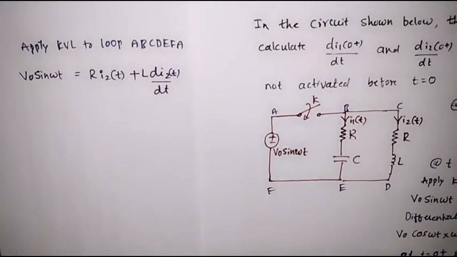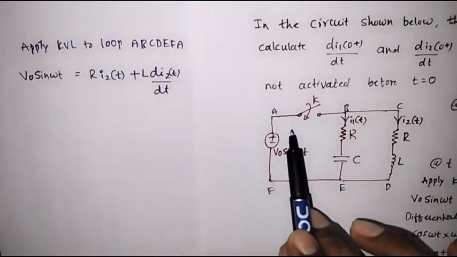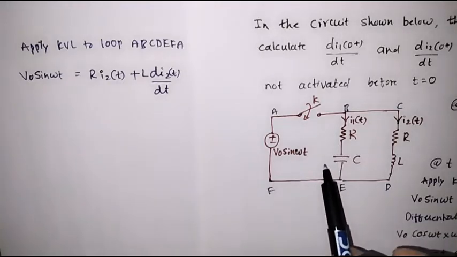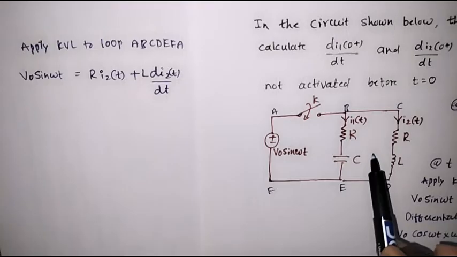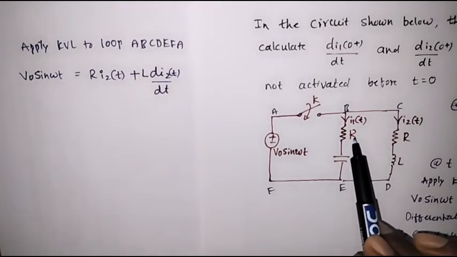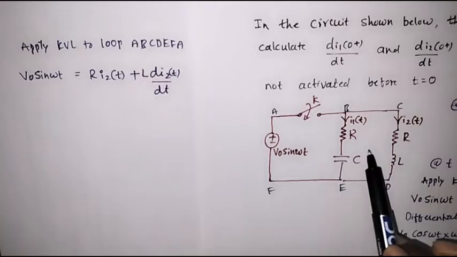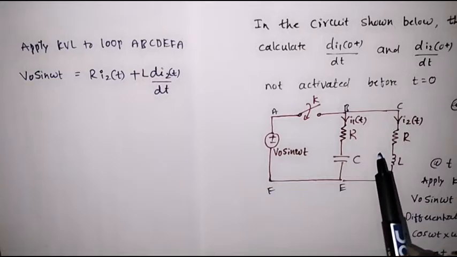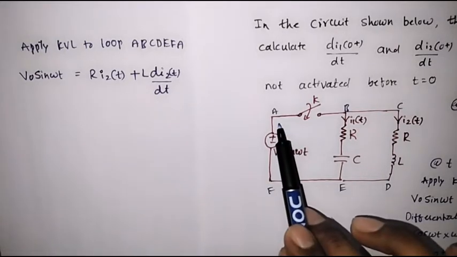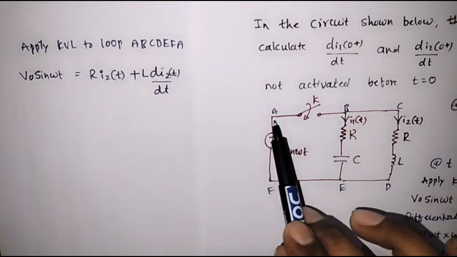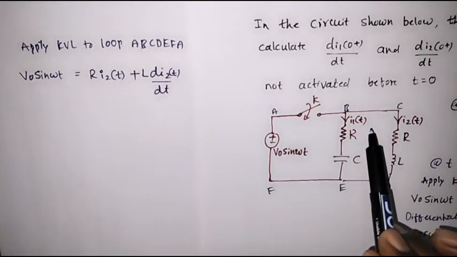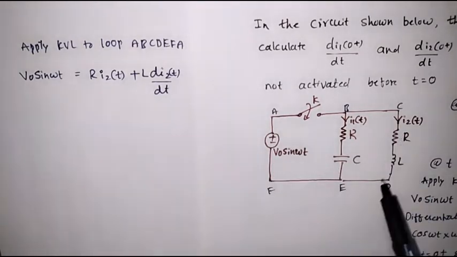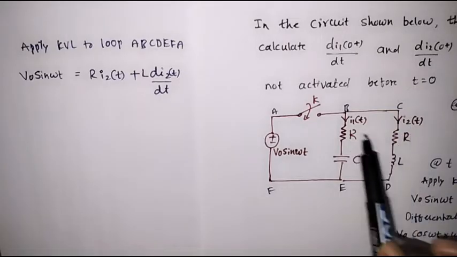So this is another way of solving. In the other way, while applying KVL to this loop, we can consider the current through this loop as I1(t) and the current through this loop as I2(t). So while considering R and C, we can take I1(t) and I2(t), and apply KVL to each loop separately. That is one method. The other method is applying KVL to loop A, B, E, F, A, with the help of which we calculate I1(t), then applying KVL to loop A, B, C, D, E, F, A, with the help of which we calculate I2(t). So now we are following this method.